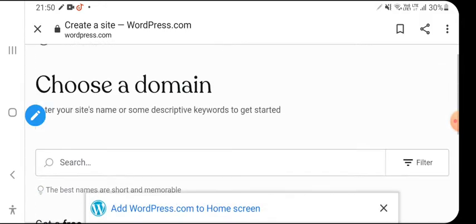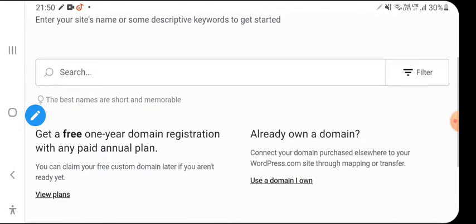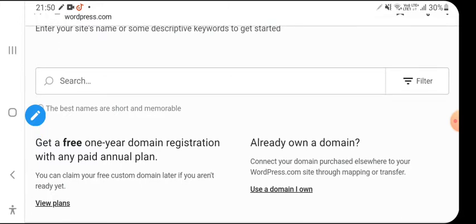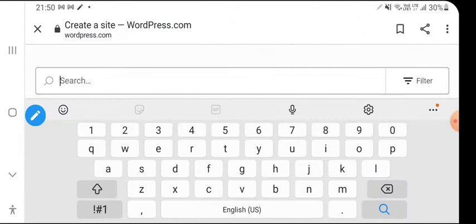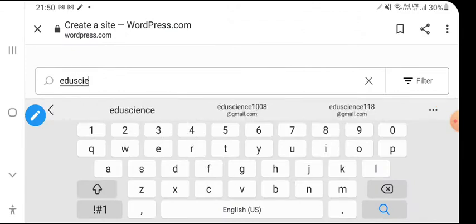And when we continue with our Google account, now here we can choose the domain name. You can get a free 1 year domain registration without any paid annual plan also. So first of all we can choose it. For example, I will choose eduscience